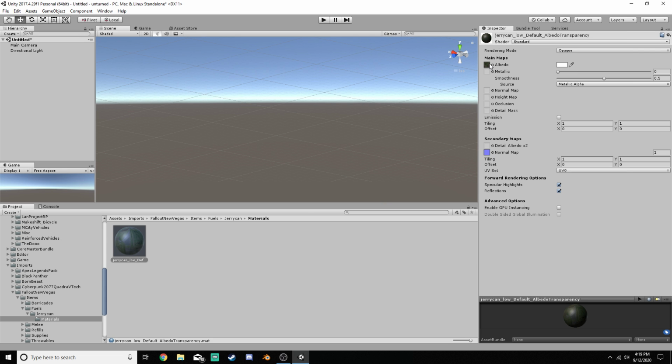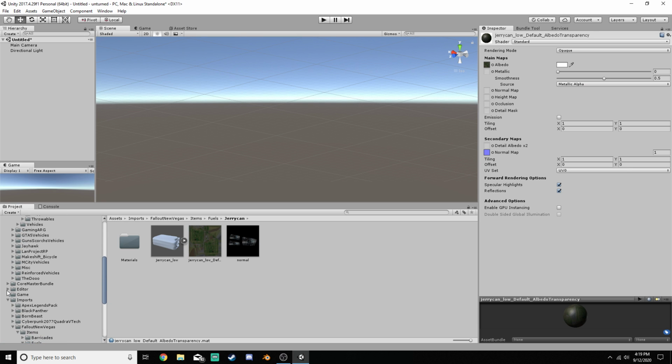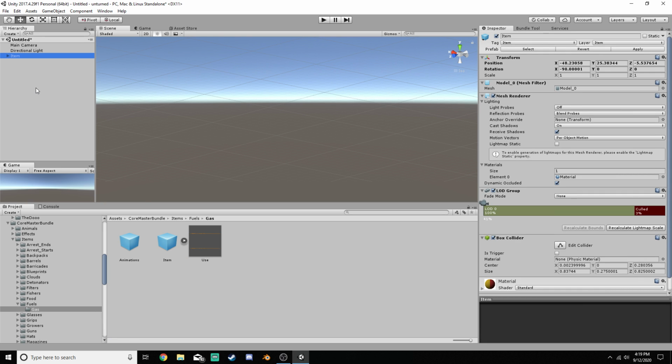So we got our basic normal map and detail. Pretty self-explanatory. We got our model and items, fuels, gas. You just kind of throw this in here. And the position, you can just reset that. And then